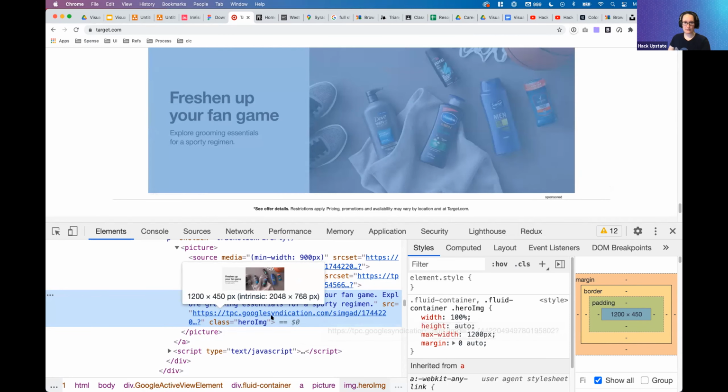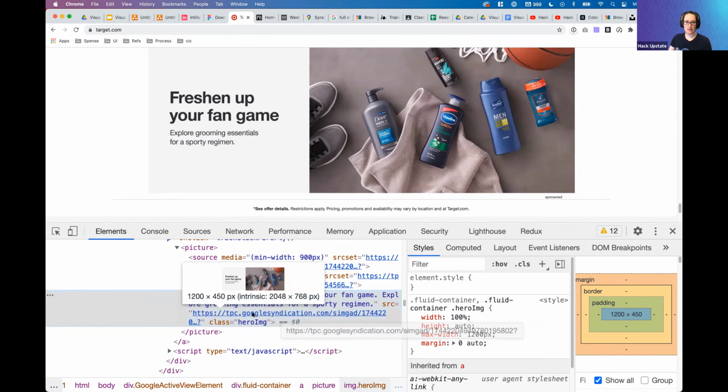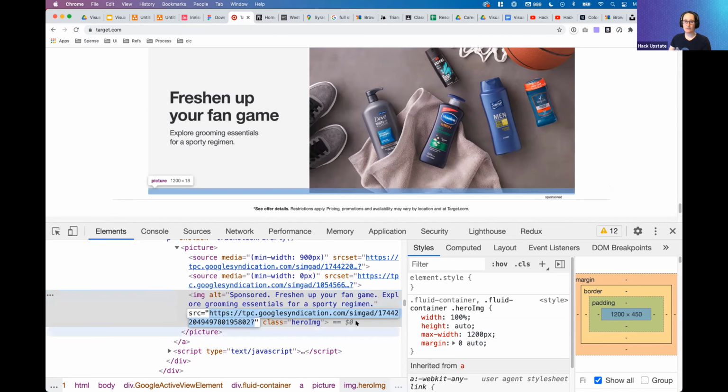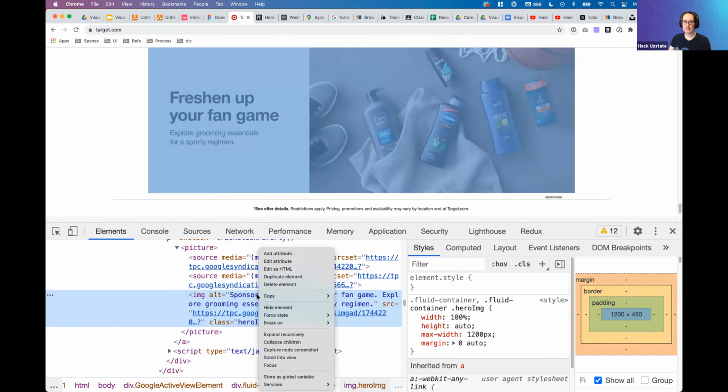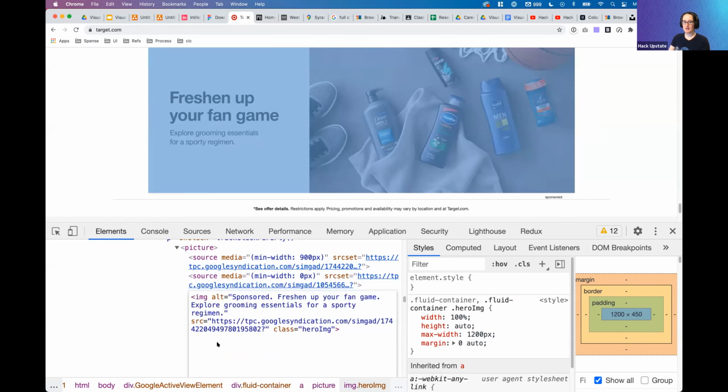So what I would do is click on this until just this is highlighted. You can delete element, duplicate element, or edit as HTML. I could edit the whole HTML, but then I might accidentally delete the whole thing. It's not a huge deal in this context, but